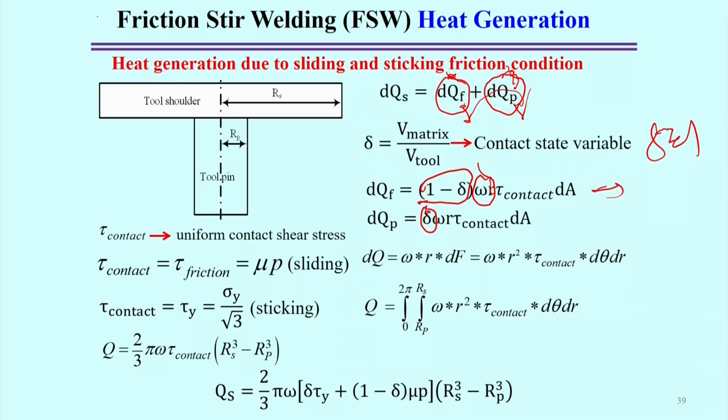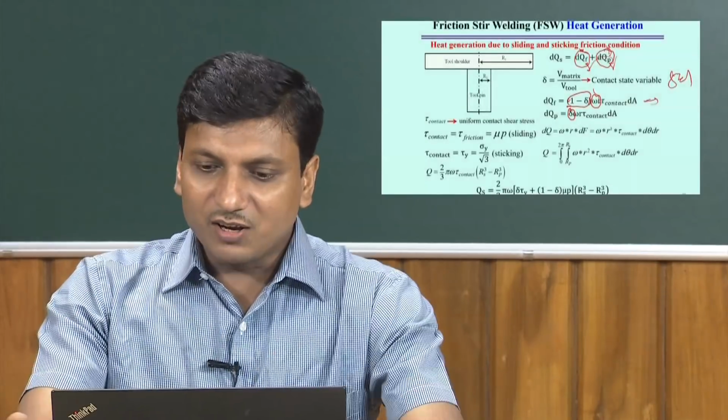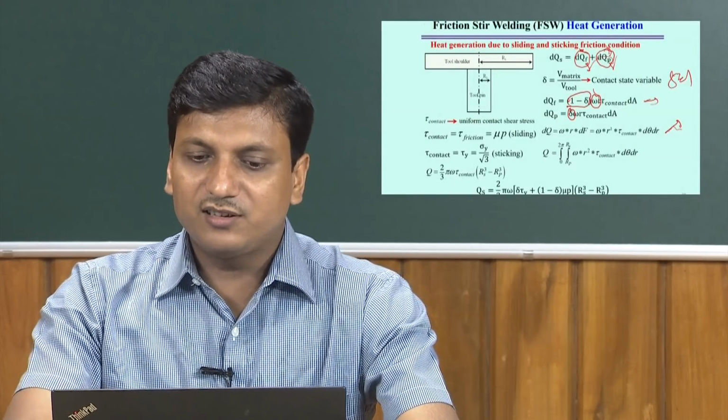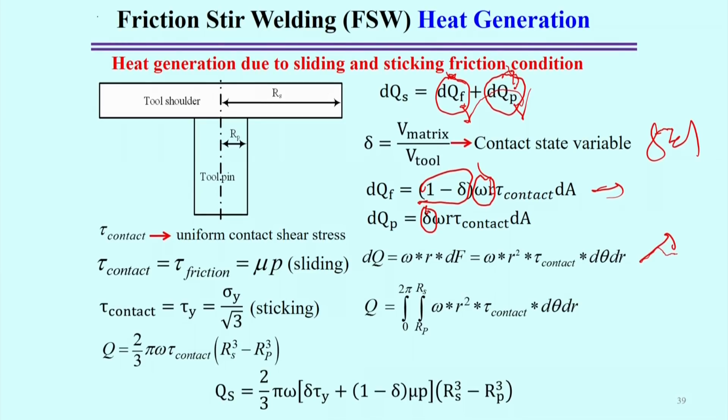dA. But the point is, how can we decide the contact shear stress value in these cases? If we know the contact shear stress value, then it will be possible to find out the actual heat generation. If you look into the expression for that dq, it is simply velocity into elemental force, the shear force, so omega r into df, and for the cylindrical component,